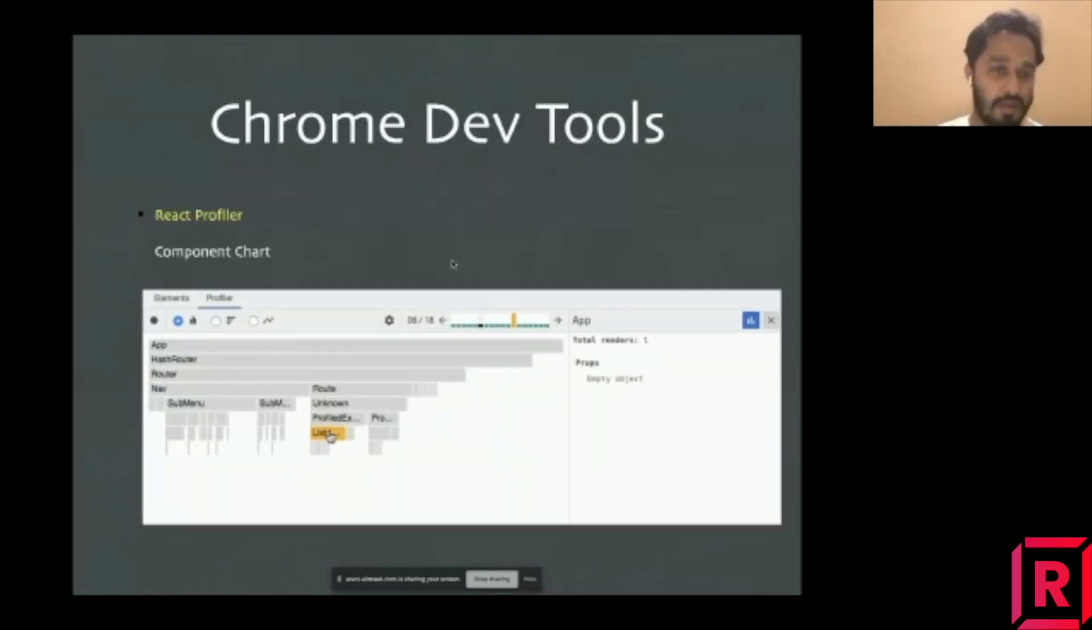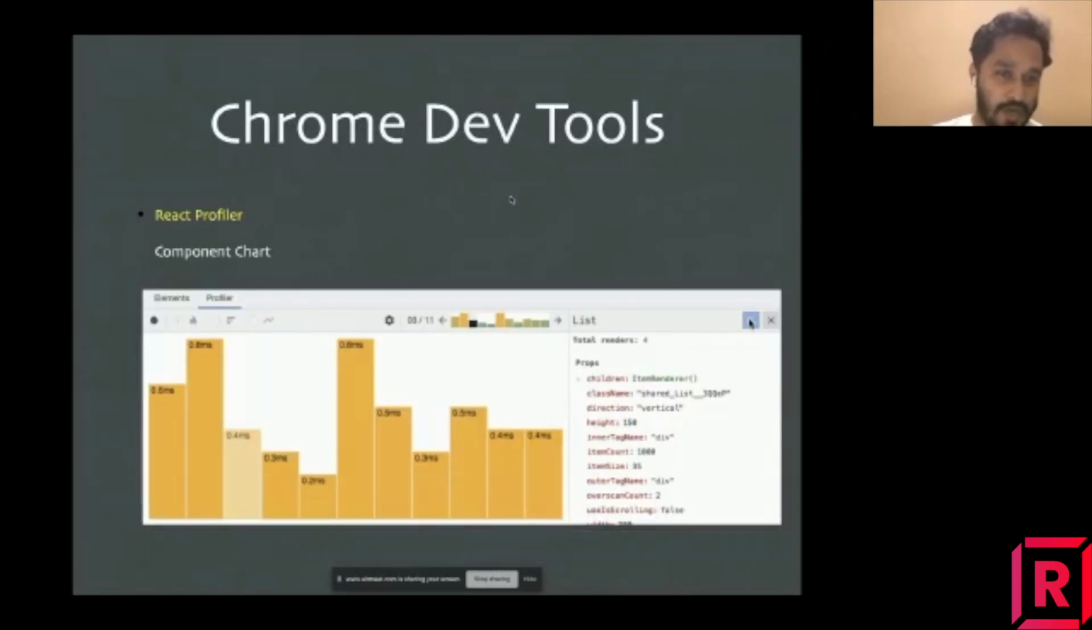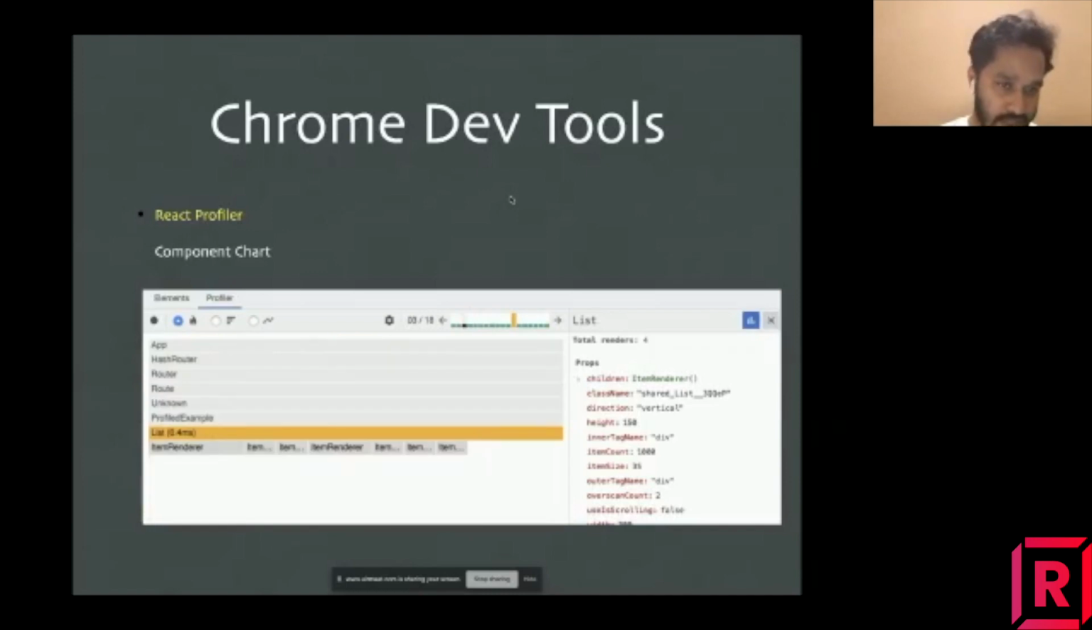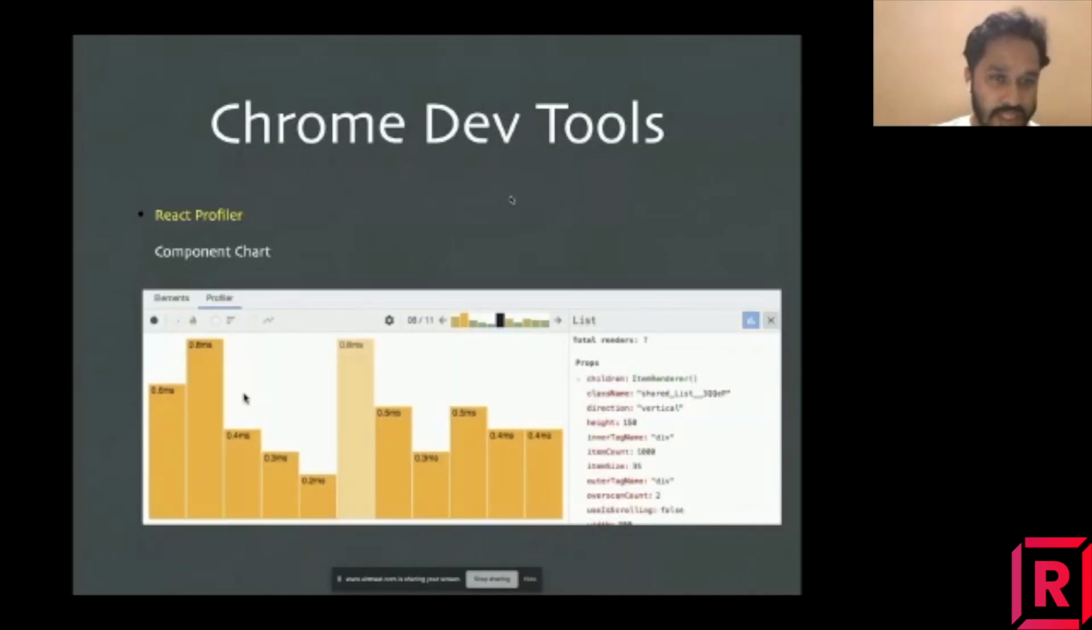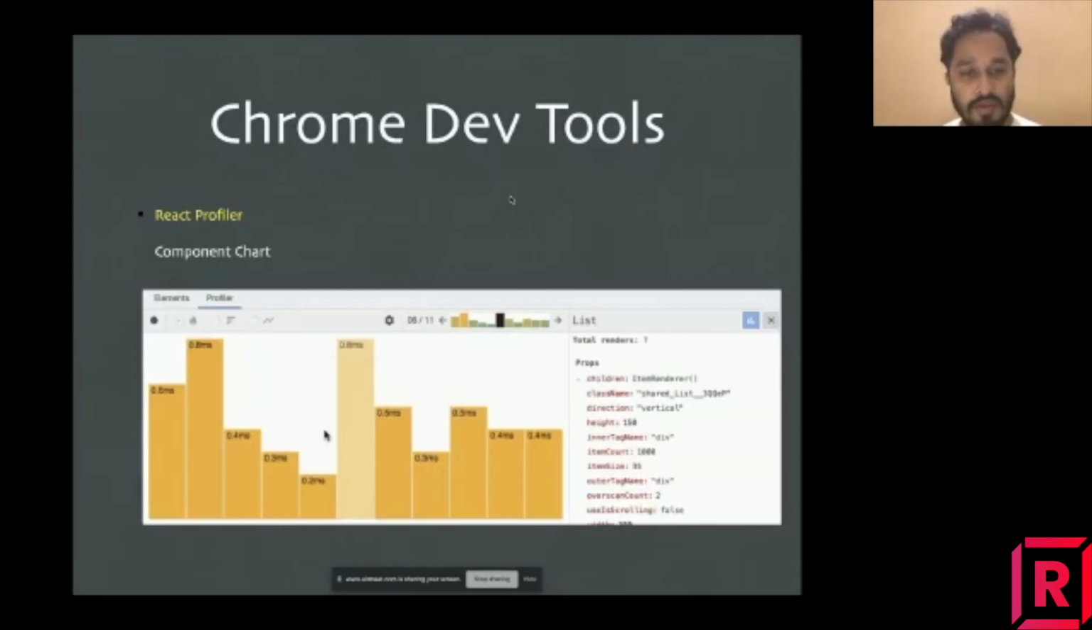Then there is another thing called component chart, where you can see this is pretty much similar to flame chart, but how component chart differs from that is that it will give you inline about each component. Now, let's say I have clicked on list. You can see that within list, there are so many,